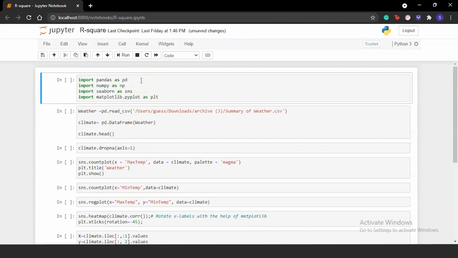So we're going to start off by importing all of our necessary modules. We're going to use the module NumPy to perform numerical calculations on our database and arrays. And we're going to use Seaborn and Matplotlib to plot our data. So now we've managed to import all of our modules. Let's also load our data by reading in the CSV file that it is stored as in the form of a data frame.